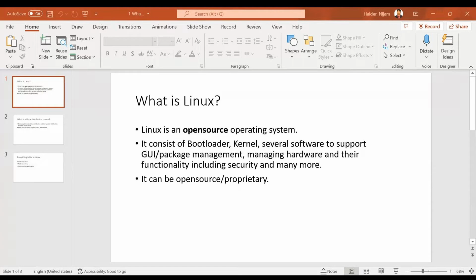But in Windows, you don't see that bootloader stage at all. So what is a bootloader? What does it do? Actually, in your hard disk, there is a place where you mark a flag, and that flag tells the BIOS